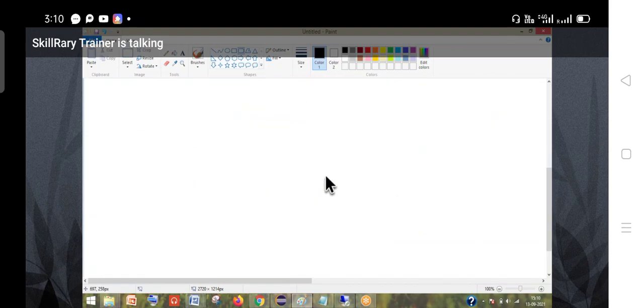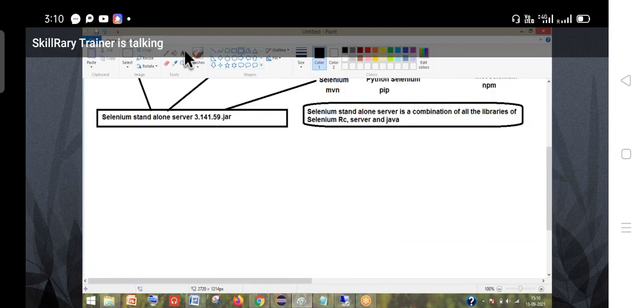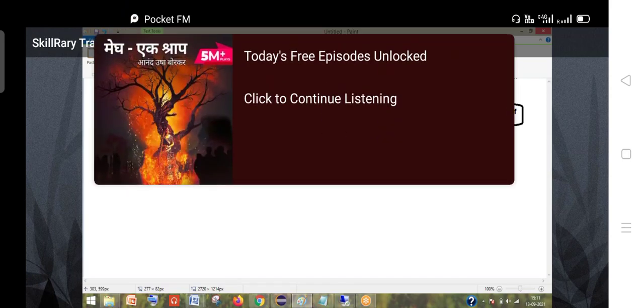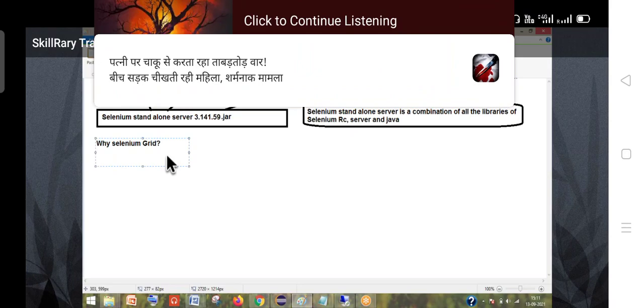Okay. Now my question is, what all we can do using this Selenium Grid? First, why Selenium Grid? So as I said, using the Selenium Grid, I can launch my browser from any external source. It might be another system or it might be for,